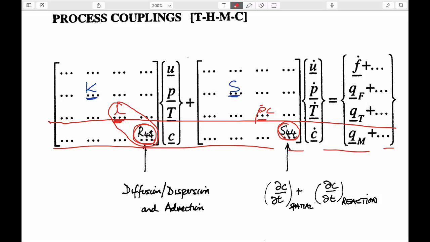We wouldn't just have a single degree of freedom per node for concentration 1, but we'd have concentration 1 and concentration 2 and concentration 3 for A, B, and C for our cases. So we'd have 3 of these particular concentration equations to represent it. So you could imagine that if we, for instance, had a triangular element,